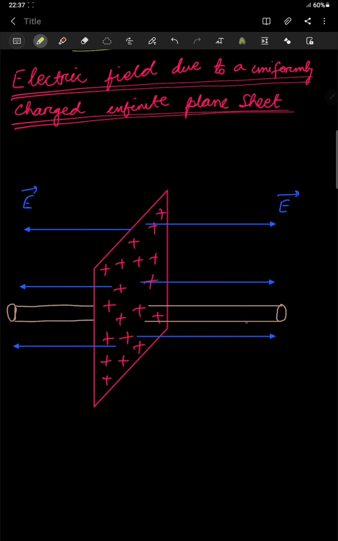And here the Gaussian surface which we have chosen is a pillbox. It is the shape of a pillbox. Here also we will take three different regions. Let this be the first region, this one the second, and this one the third region. In this region, if I take my n cap, it will be along the electric field. Here, if I take it, it will be perpendicular, and we know if it is perpendicular, then it is not going to contribute, as in the previous case.